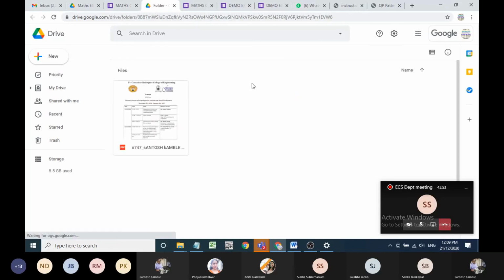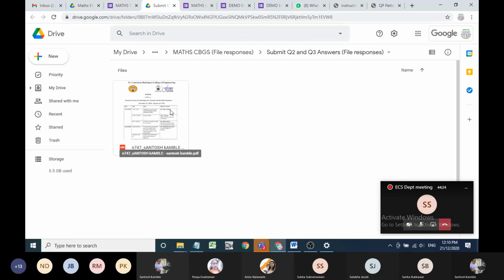In this folder, all students' answer sheets are uploaded automatically. Students will not get access to this folder, so they will not modify it. Access is only with the examiner. The examiner can decide whether to give access to other collaborators. He can share the folder with the exam section, or if you have to take a printout of an individual response, at that time you can open this and take the printout. So individually you are getting the exam sheet number and name.